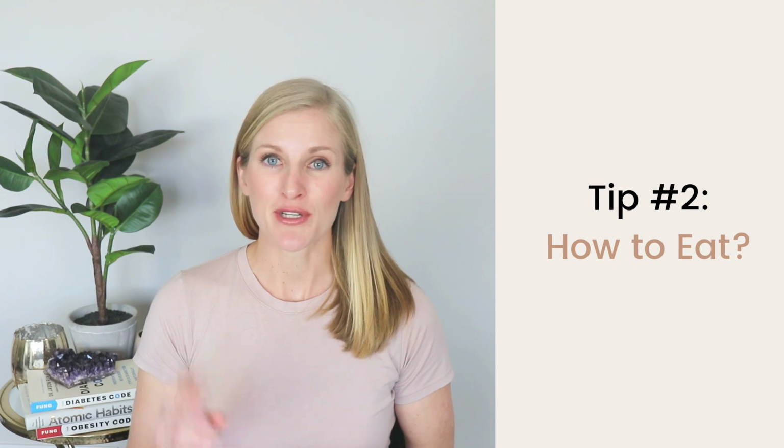Smaller portions of grains and legumes like brown rice, quinoa, beans, and lentils are okay too. But it's important to eat them at the right time in your meal to reduce the blood sugar response. That brings me to tip number 2. Prediabetes diet tip number 2, how to eat. At any given meal, your blood glucose response will be lower if you eat your protein first, then your fat,